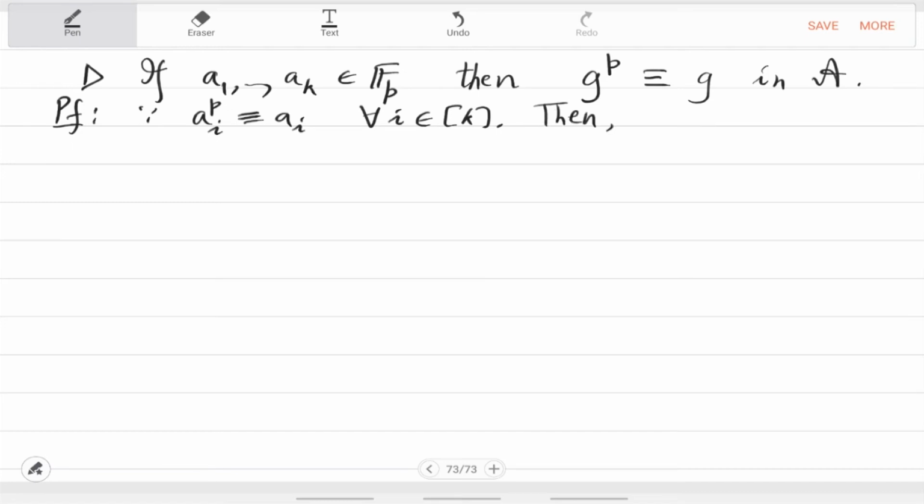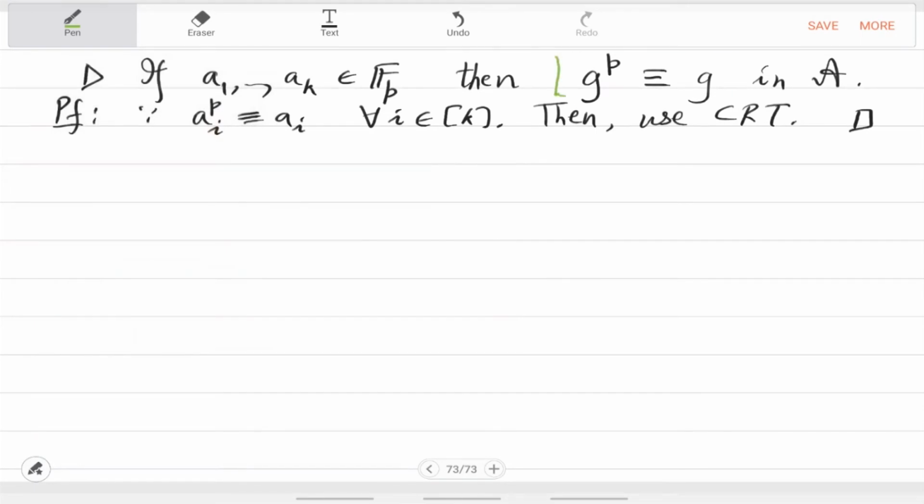And then use Chinese remaindering. The Chinese remaindering theorem is an isomorphism. So when you get this relationship between a_i to the p, or this tuple raised to p equal to itself, by isomorphism the same thing is satisfied by g. Okay, and so for various reasons which may not be clear right now, but they will soon get clear,